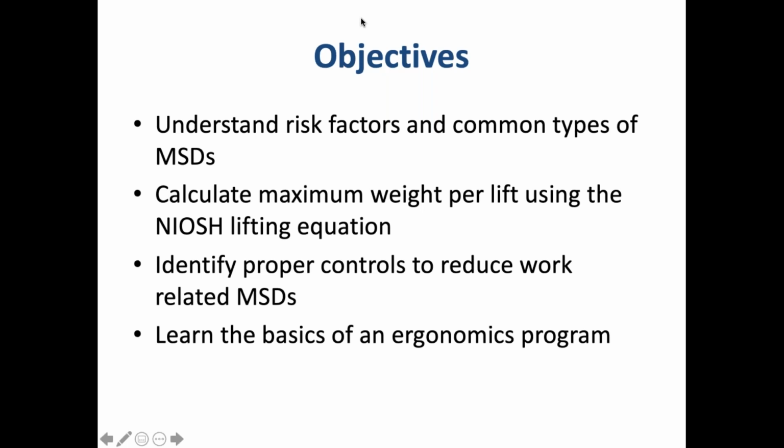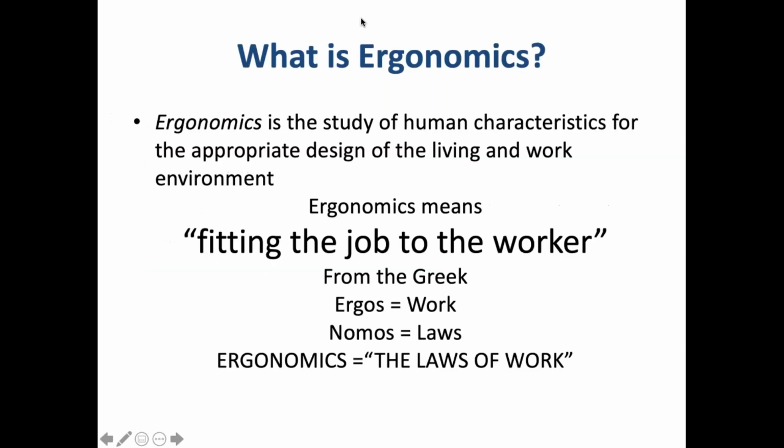And keep in mind that from most of our perspective, most of the things we're going to be looking at now are things that are determined by repeated use, repeated exposure to the same kind of motions and stresses and so on and so forth. We're not going to concentrate so much today on single things that can cause an acute injury, like one activity that might cause an injury. We're mostly looking at things that you do over and over and over again every day until eventually you can't do them anymore. Okay, so ergonometrics,